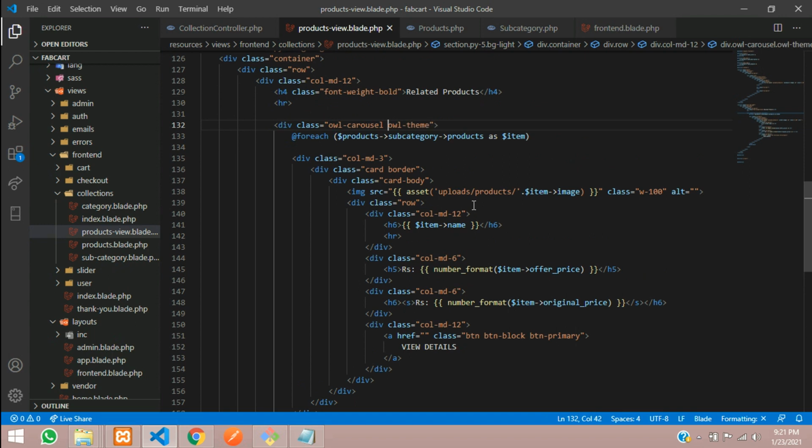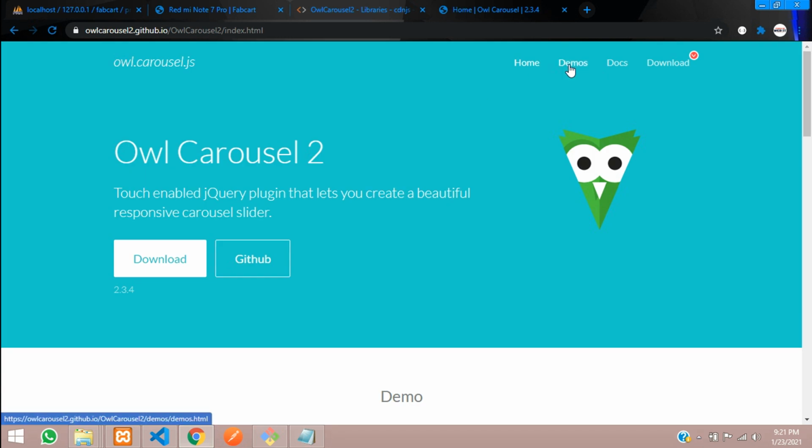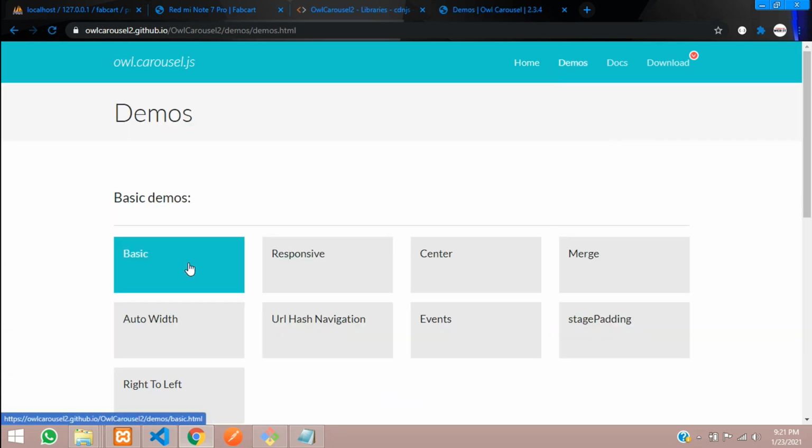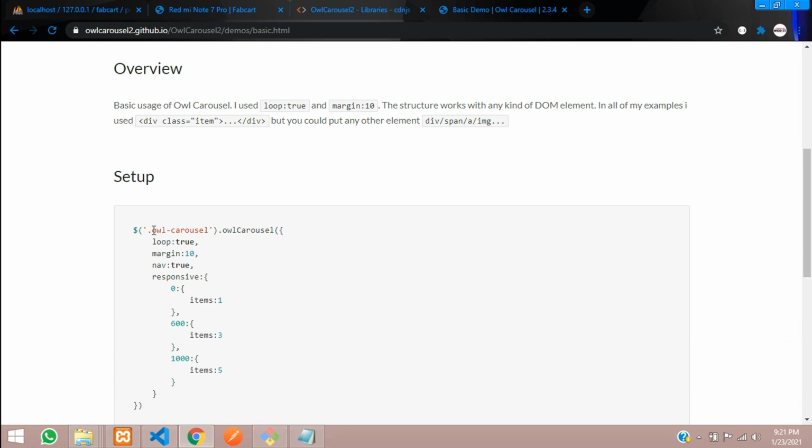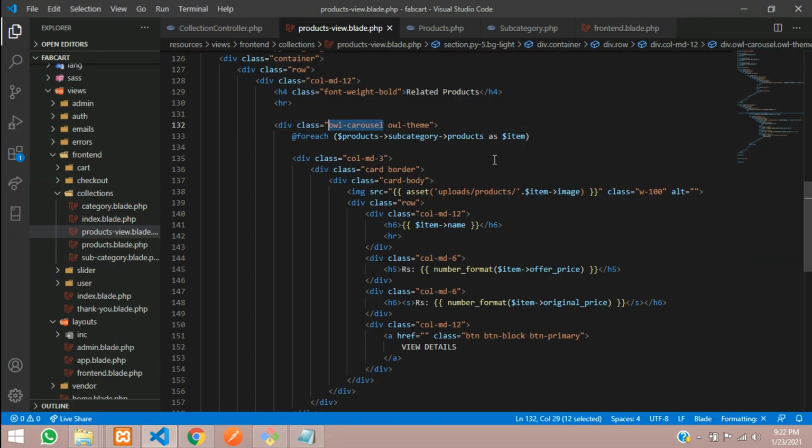Spelling should be correct. If you have doubt, just go to this. Let's click on demo, basic, and over here you will get that spelling. Okay, so let's copy this and paste it as simple. Paste, and then let's remove this and type as item inside this item tag.